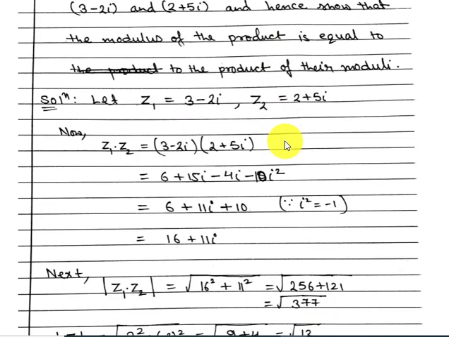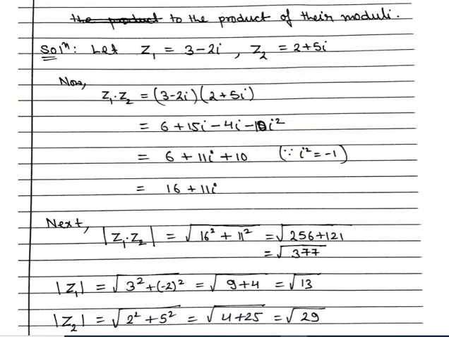Let's see the solution. So here solution. Okay, so I'm denoting the first complex by z1 and the second by z2. So z1 is 3 minus 2i, z2 is 2 plus 5i. So firstly we got to find the product, that means z1 into z2. So just substitute the values of z1 and z2 and proceed on. Okay, a simple calculation.